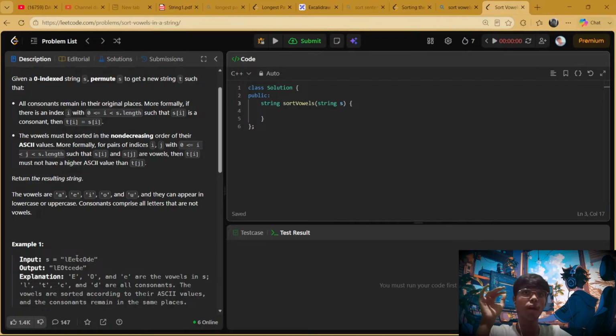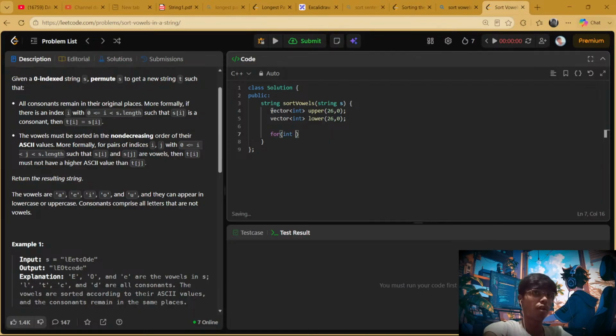ओवरऑल मुझे ये समझ में आ रहा है। तो पहले, एक काम करता हूँ कि दो एरे बना लेता हूँ, वेक्टर इंट अपर, ठीक है, अपर 26,0, एक दूसरा बना लेता हूँ लोअर, जो कि 26,0, ठीक है। उसके बाद मैं दो लूप चला देता हूँ, इंट आई इक्वल्स टू 0 से लेकर आई इज लेस देन एन, आई प्लस प्लस।